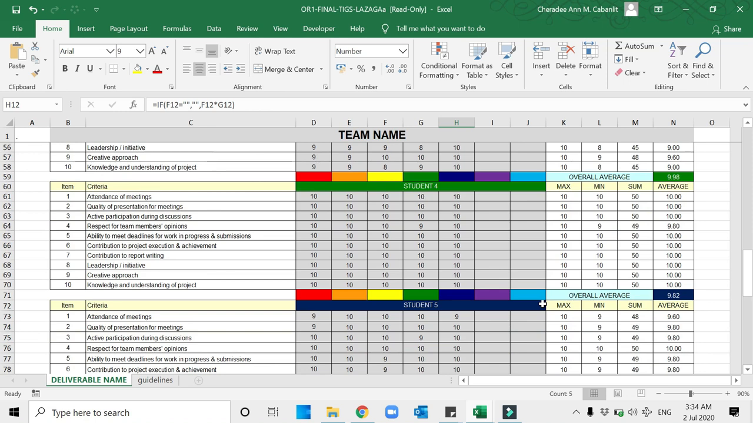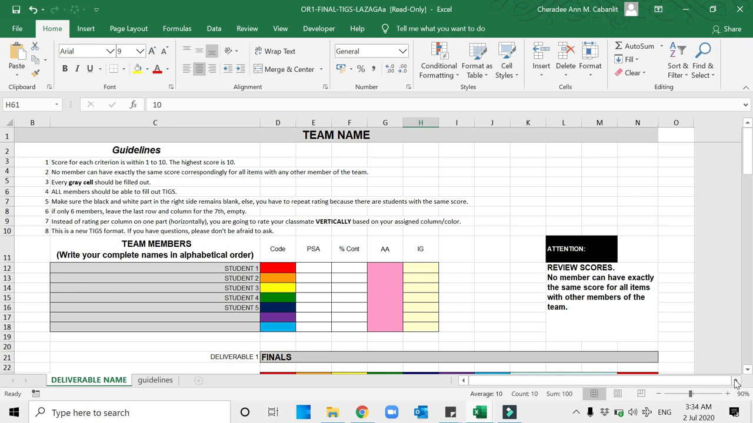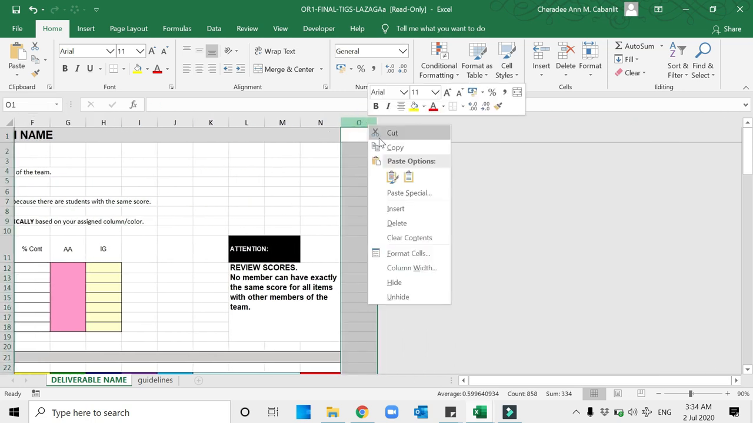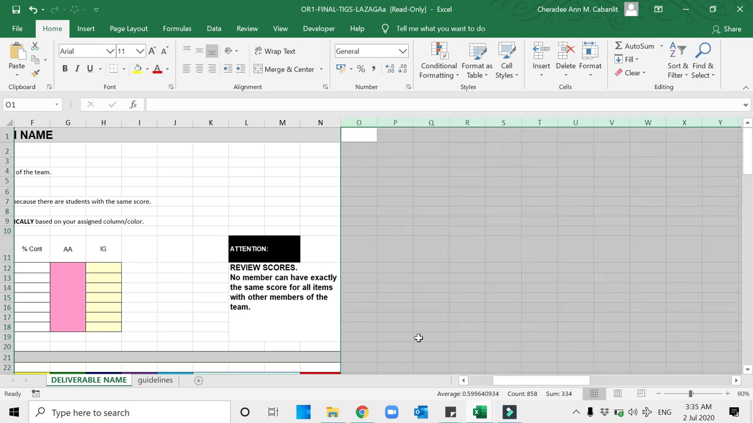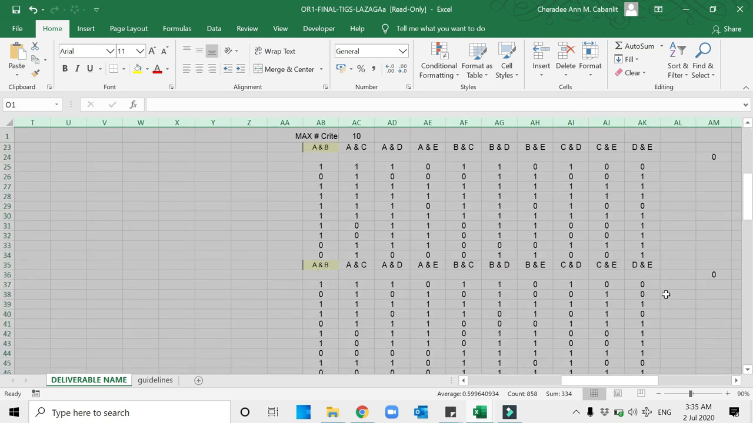One way to check is, as you notice, for example, here student 4 has all 10s by 4 students, so it will really come up to an error. So what you're going to do, I'll give this task to the leader. You just unhide this area. Once you unhide it, your goal is to ensure that